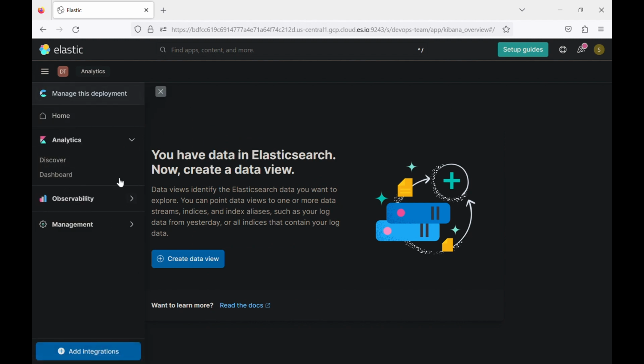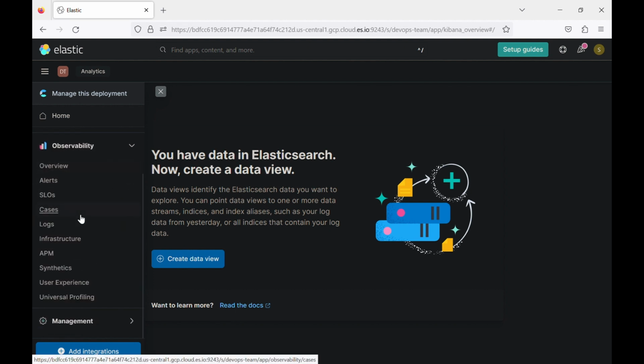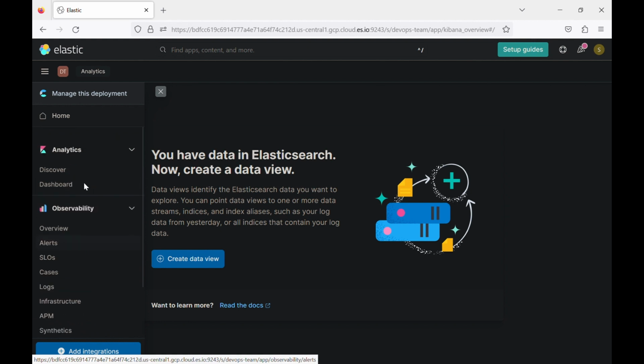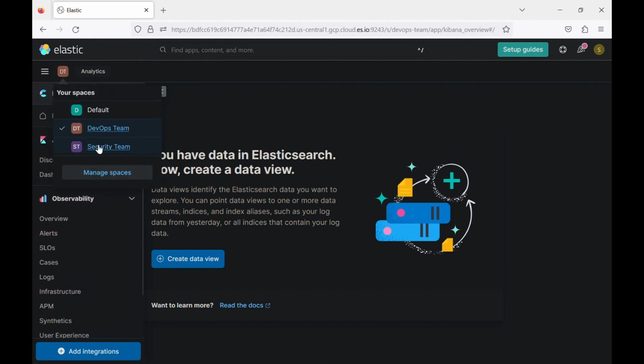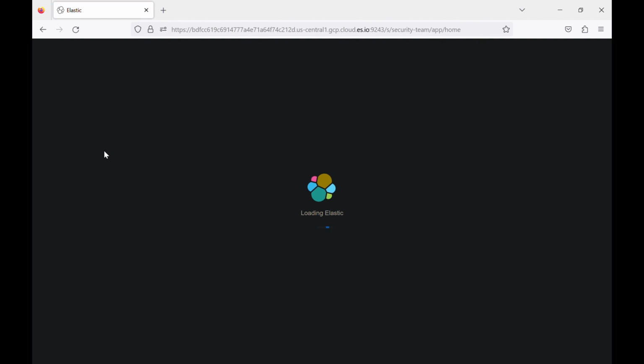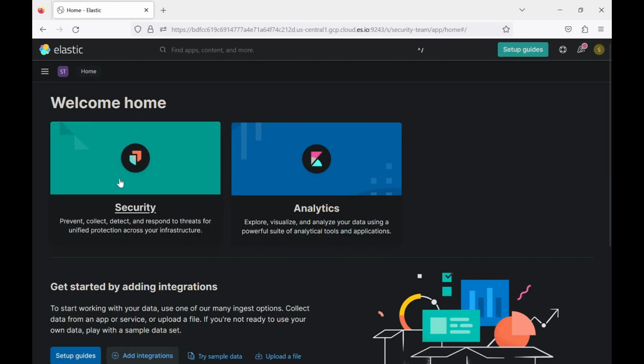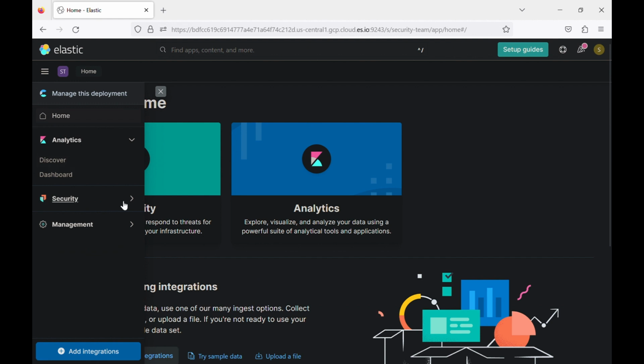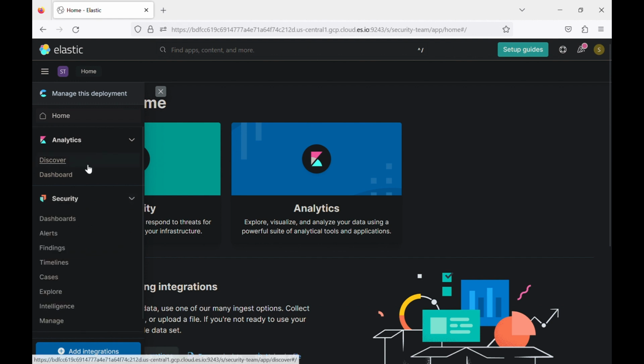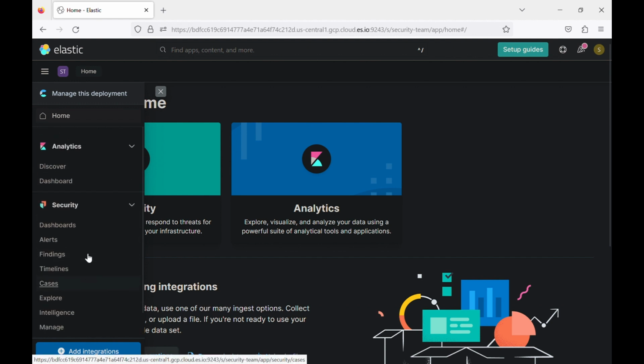And as you may notice, we did not give all the access for analytics. We gave only two features, which are discover and dashboard. And for observability, we keep all the features here. The same with security. We give two applications, analytics and security. For security we give everything, and for analytics we give only two, which are discover and dashboard. So as you may notice,